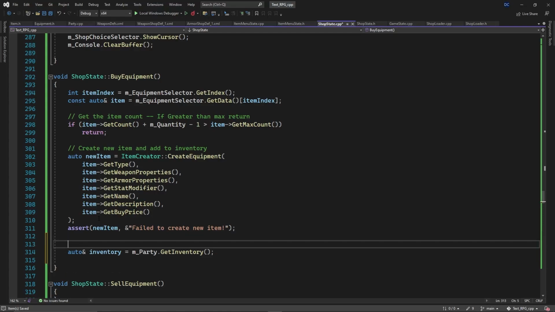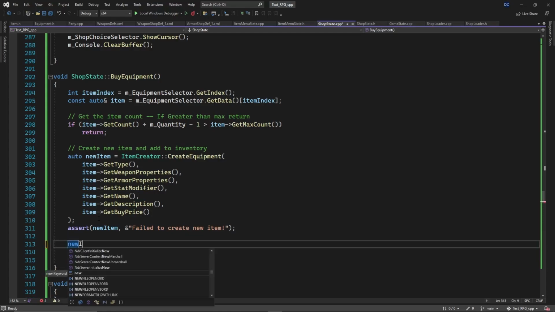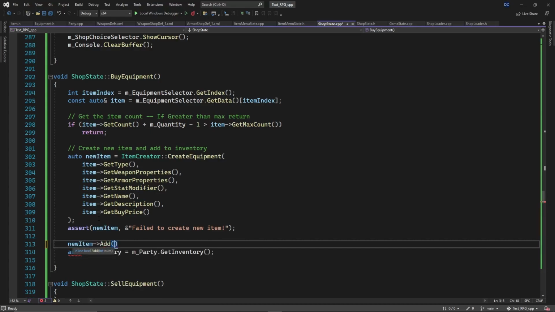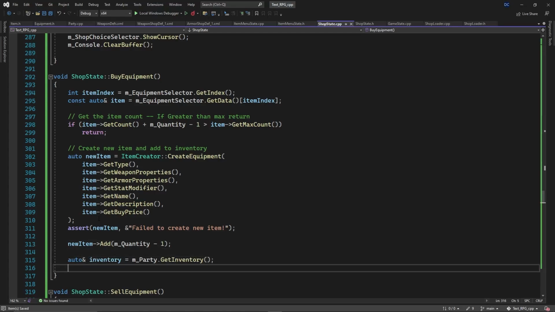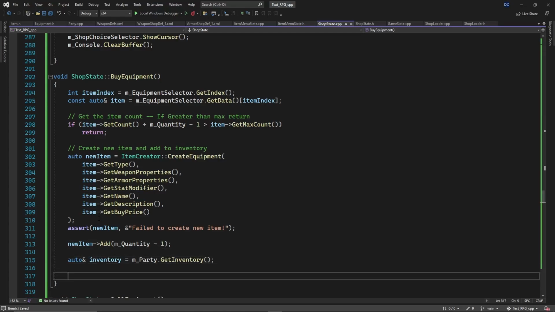And actually, before we do that, we need to change the new item, and we want to add to its count, the quantity, minus 1, because we're going to be using our buy equipment function, and that's in our party. So then for const auto it in